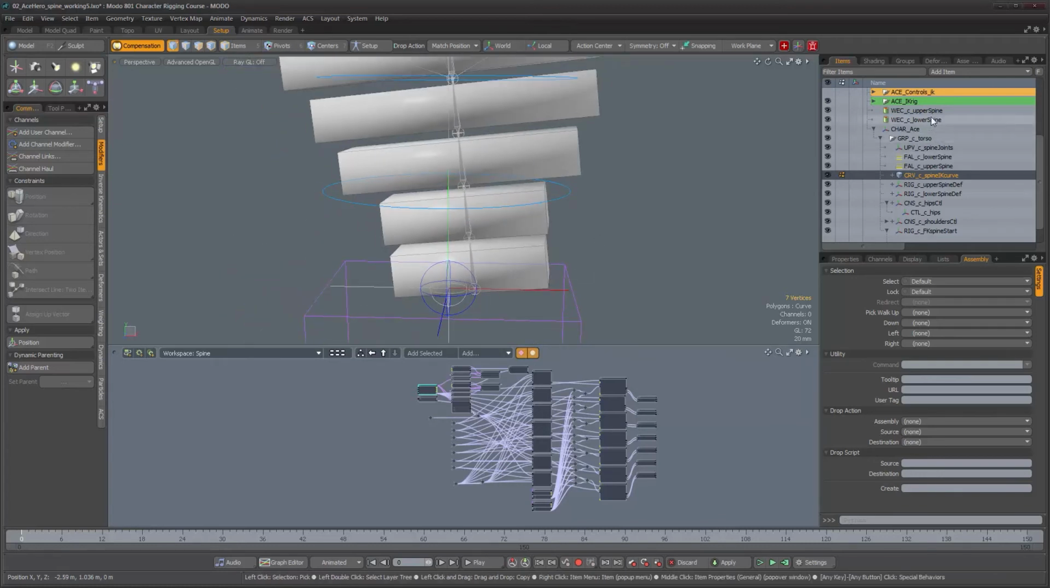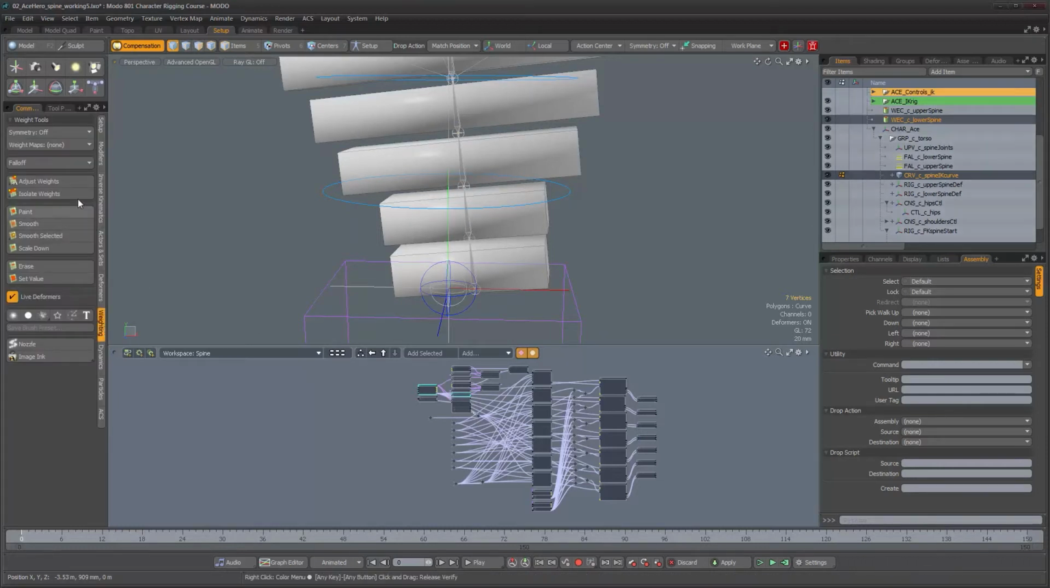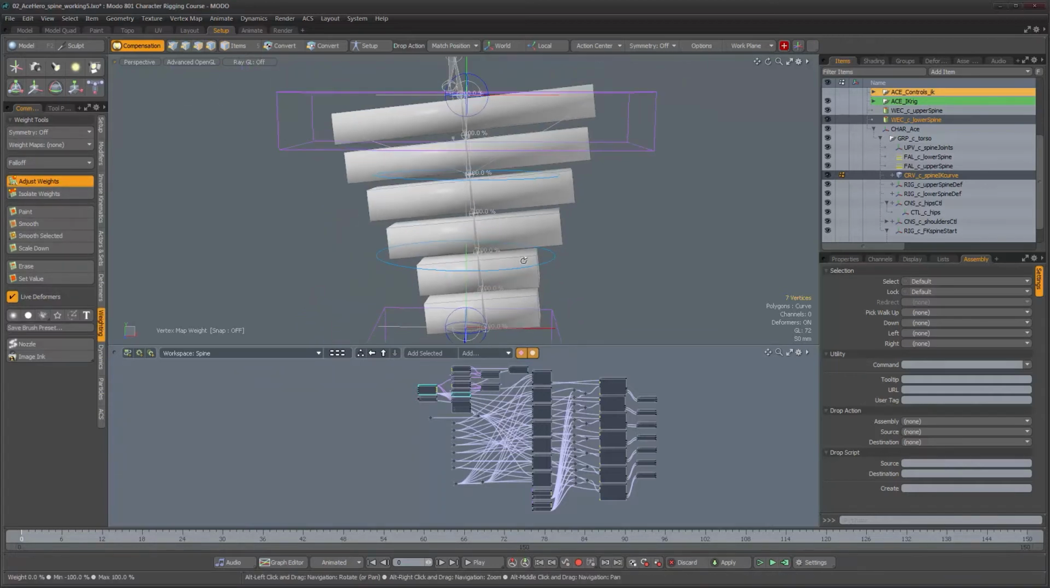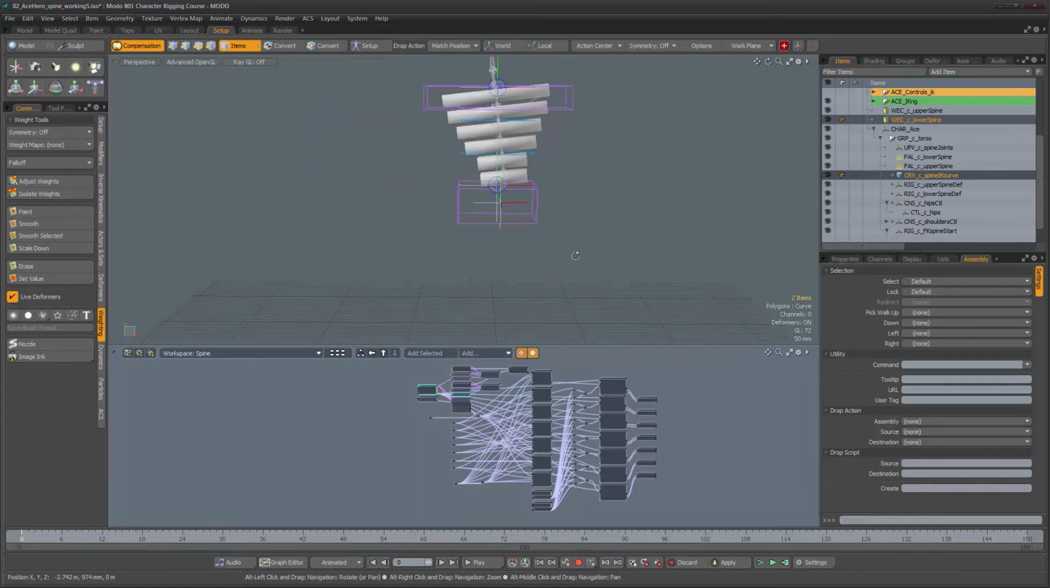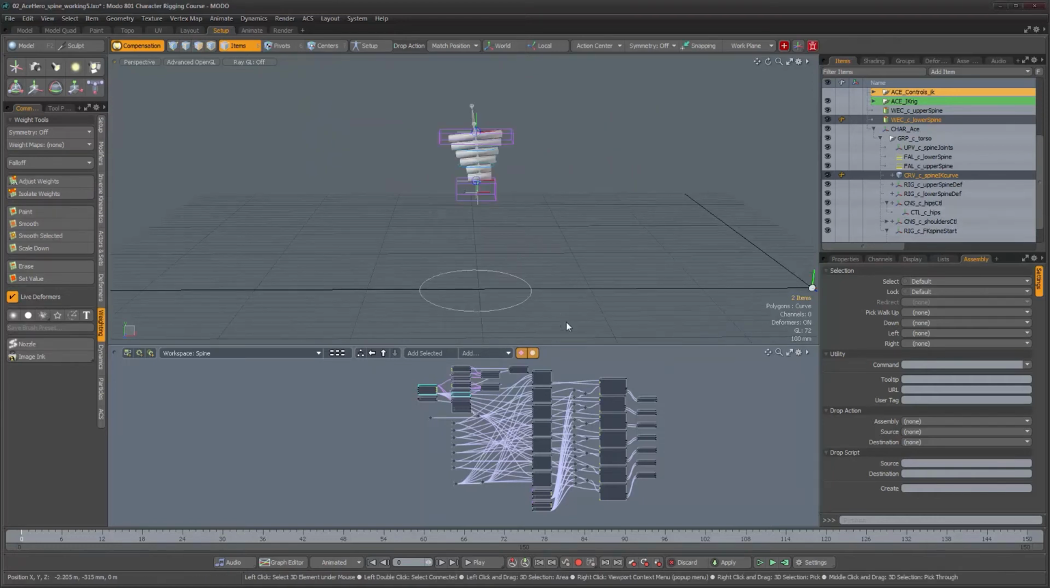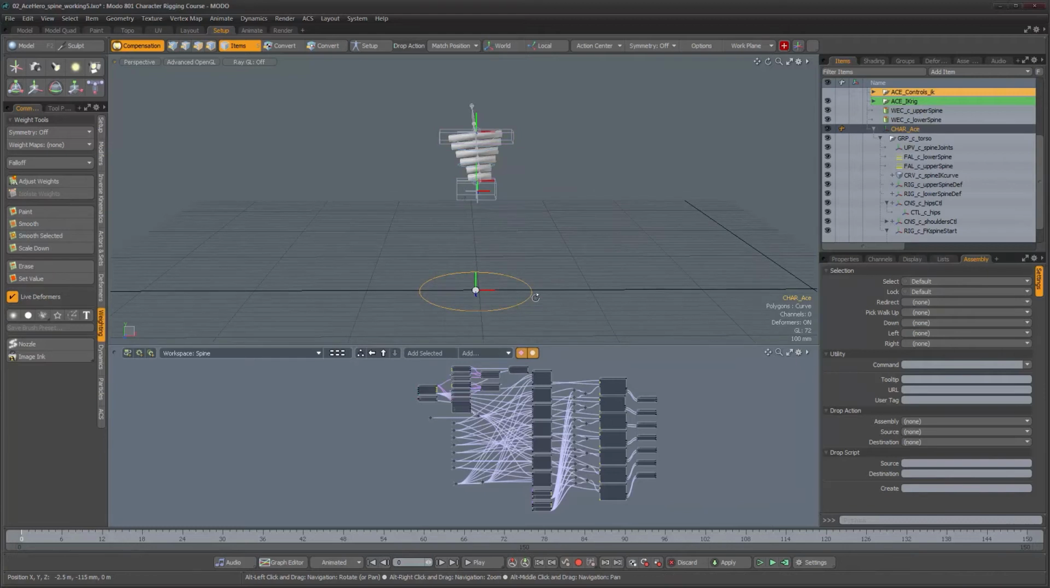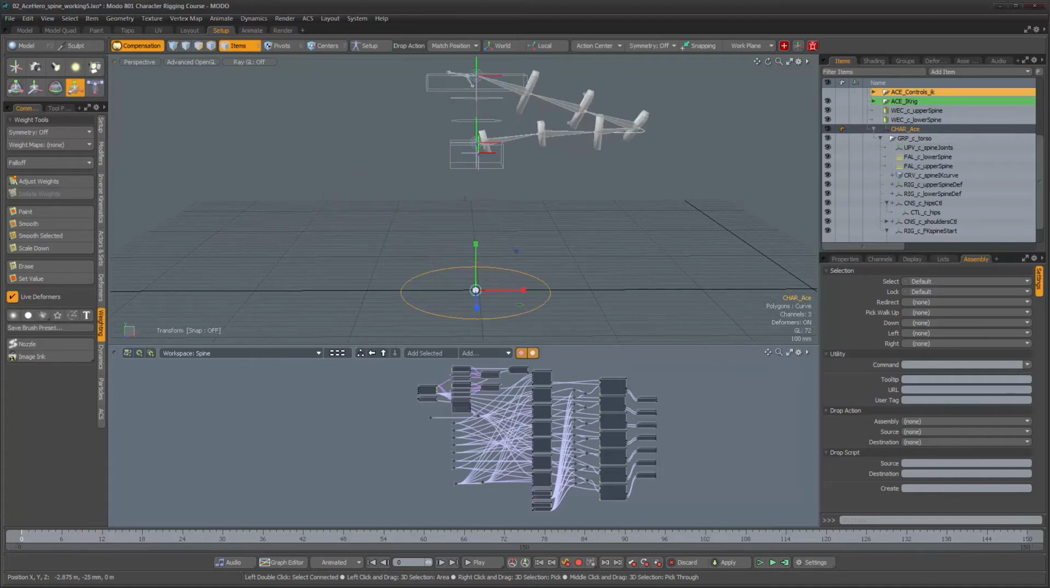if I select one of the weight containers, let's say the lower spine, and go into the adjust weights tool, the weights have been set correctly. Okay, so that would be kind of strange, that this would be happening if the weights are okay. Moreover, if I select again our character control and I scale it up, oof, we see something really odd happening